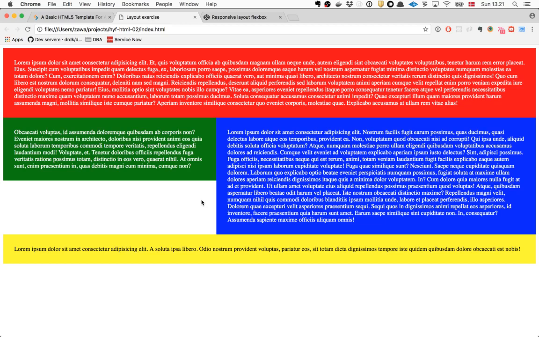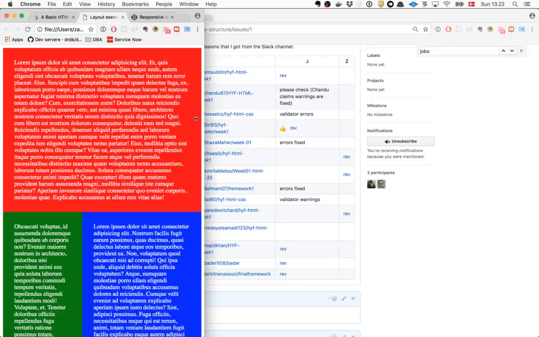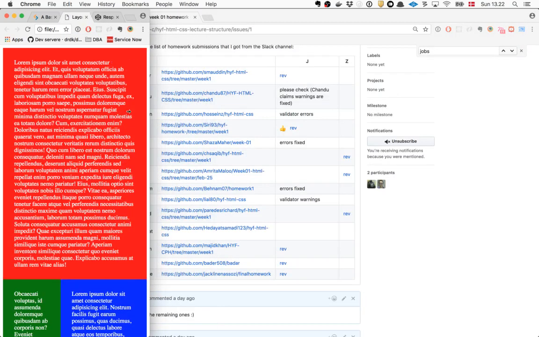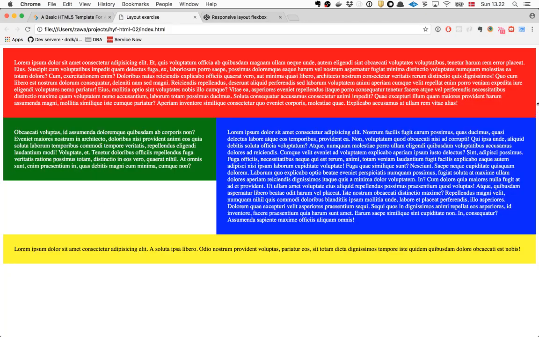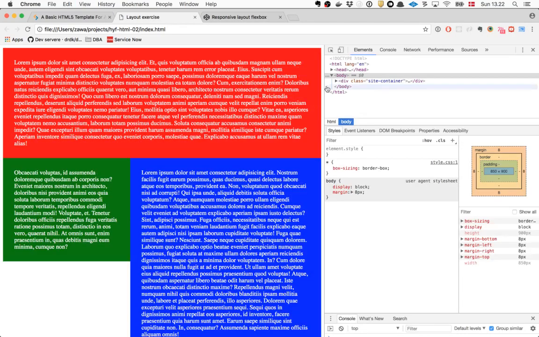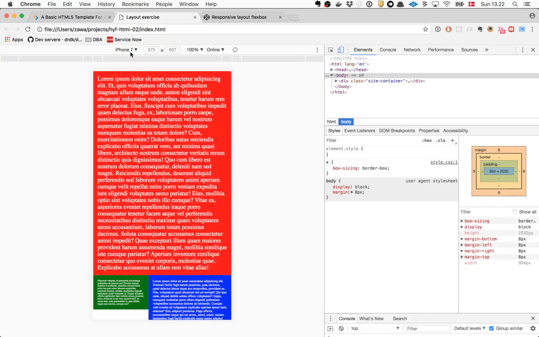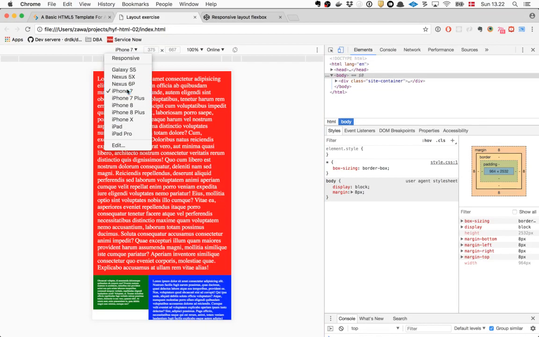What we want to do is make sure that this website will work properly on a mobile phone. Let's do the proper mobile. If you open the inspector again, you have this button up here, and you can choose different mobile devices, and it will emulate that. Let's stick with iPhone 7.